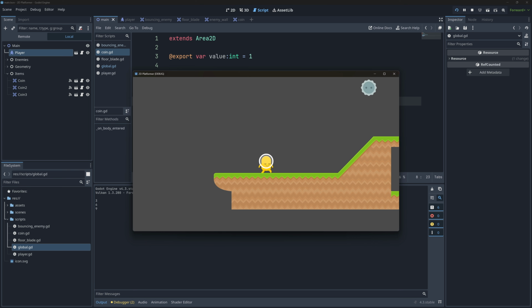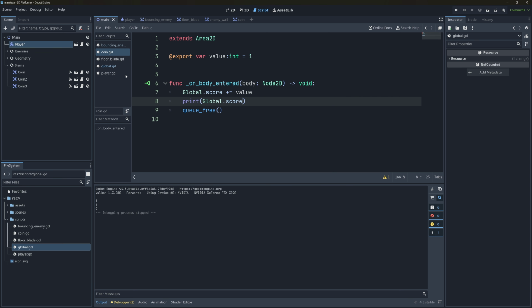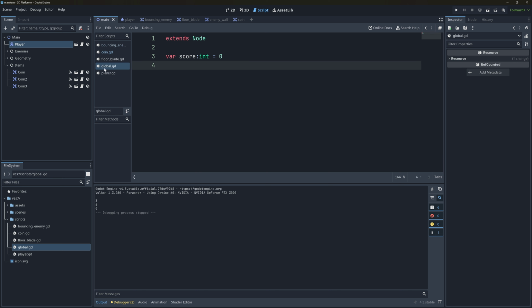And that's really all there is to globals. Just remember that anything we put in there is available to any other script in our scene, and any data we save in here will be stored from scene to scene. And let's take a look at why that is. If I run this,